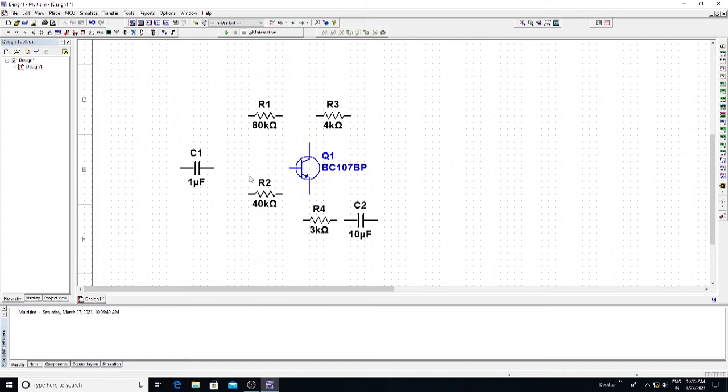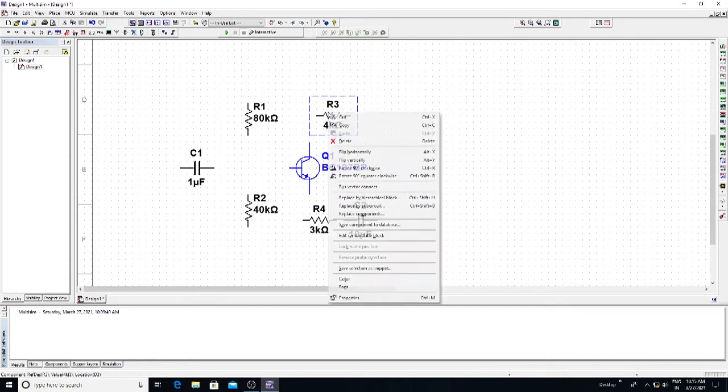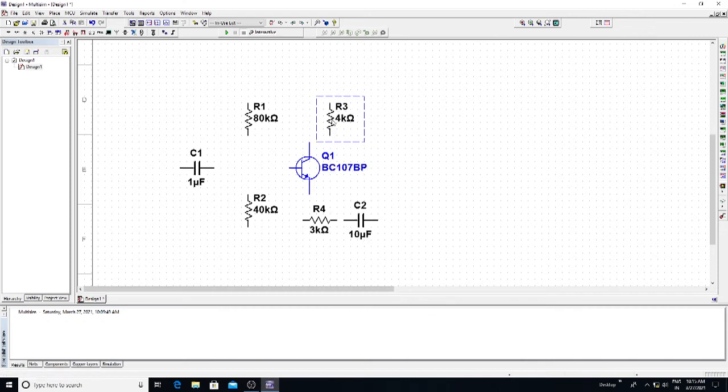In order to connect it properly, rotate R1 90 degrees clockwise and R2 90 degrees clockwise, and adjust the resistors. Rotate R3, the collector resistance, 90 degrees clockwise, and rotate the R4 resistor 90 degrees clockwise.